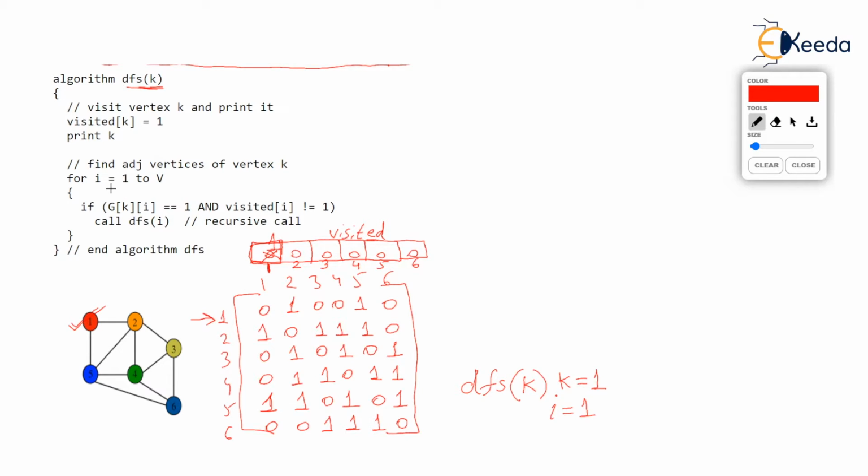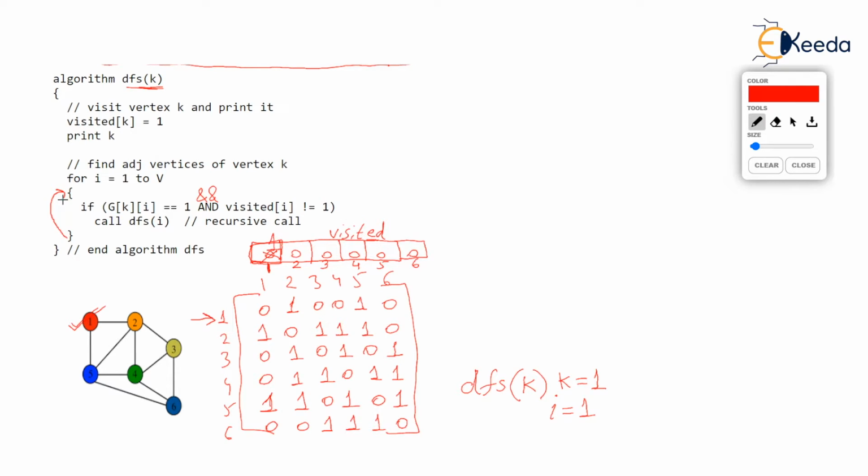You can see that in this if, the very first condition g k i equal to 1 has become false. And this is the logical and operator. You know that the very first condition is false, so the entire condition becomes false. So the call to DFS doesn't occur. The if is false. Obviously, we will go back to the for and we will increase i.